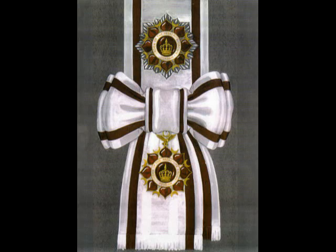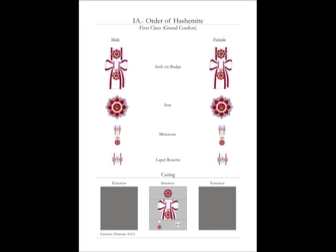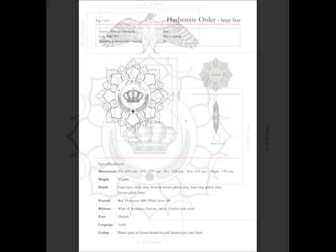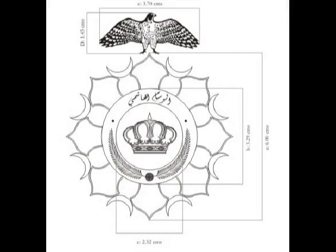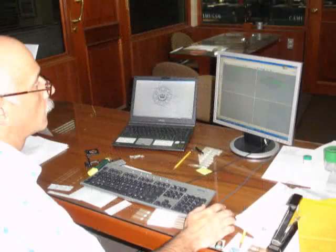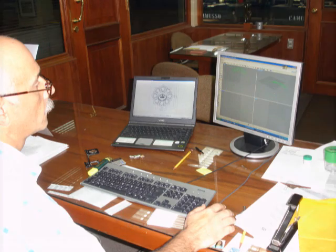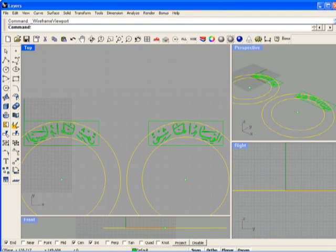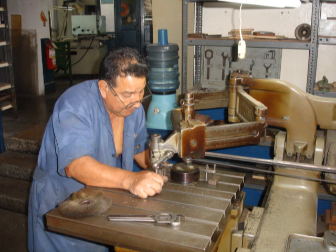First, we begin by taking the artwork provided by Worth, and we interpret the designs in our graphics department using state-of-the-art programs to create three-dimensional images of the designs. Once we have determined the appropriate dimensions for each component of each of the designs and the way in which they best fit together as a unit, such as a badge or a star, we then commence the process of